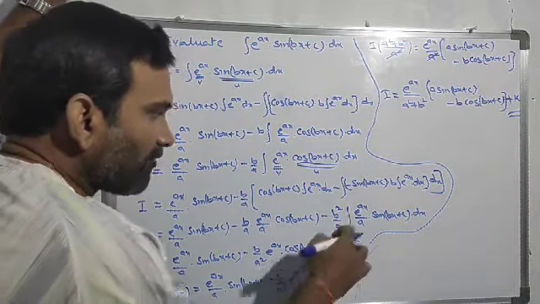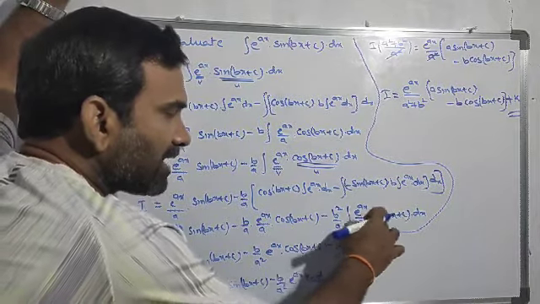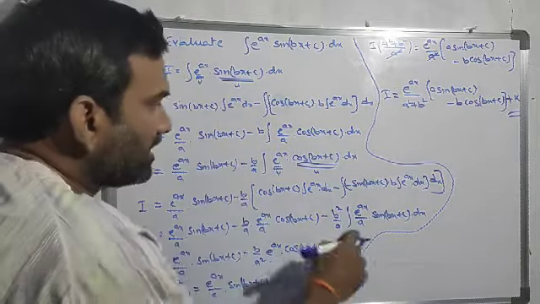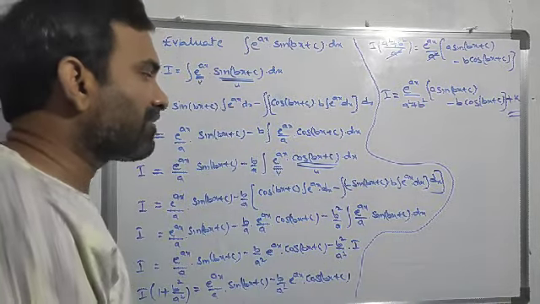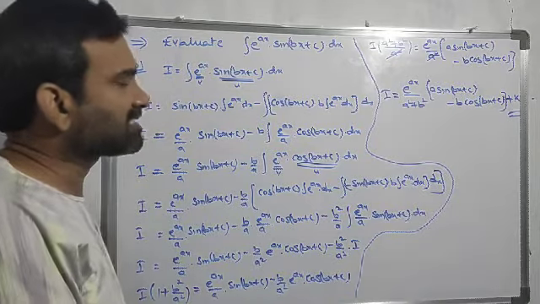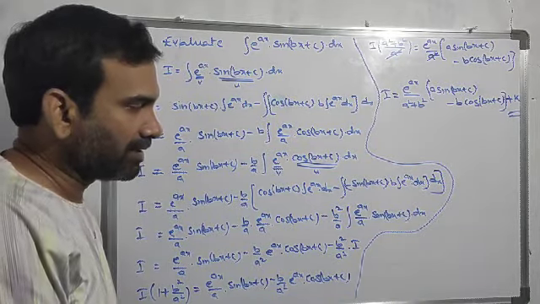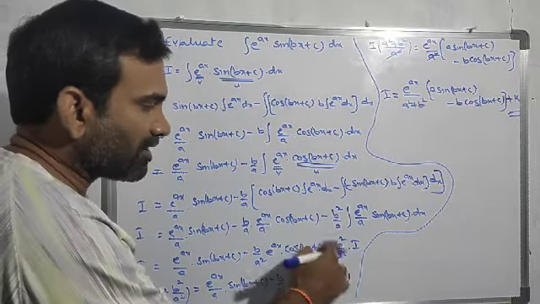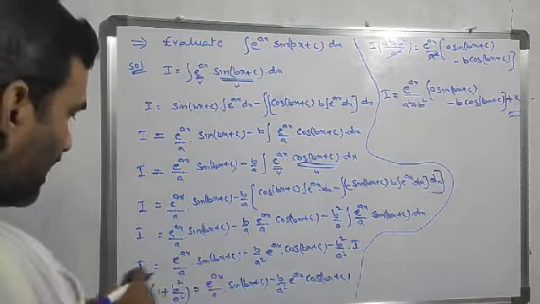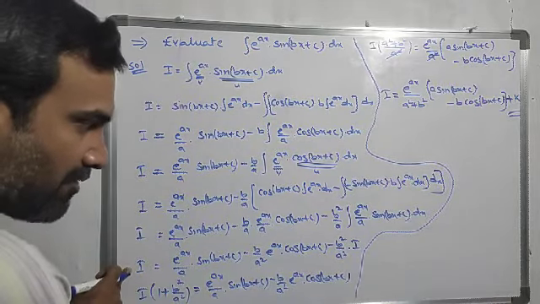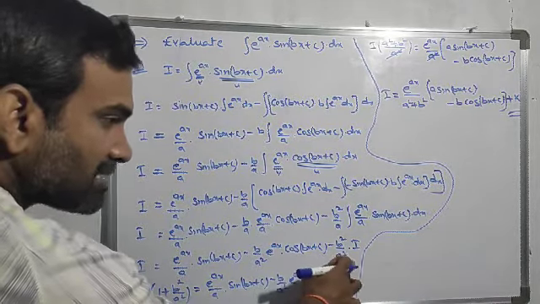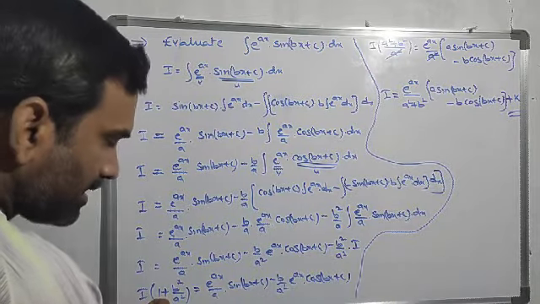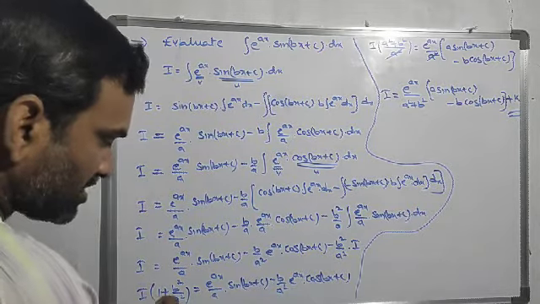After doing this, here again we are getting two terms, but the term I am taking as I, because the integration of e power ax into sin of bx plus c into dx I can take as I. So that value is b square by a into a, that is b square by a square. Here on our left hand side we have I, and on the right hand side also we have the I term. So just take that value to this side and take the LCM.